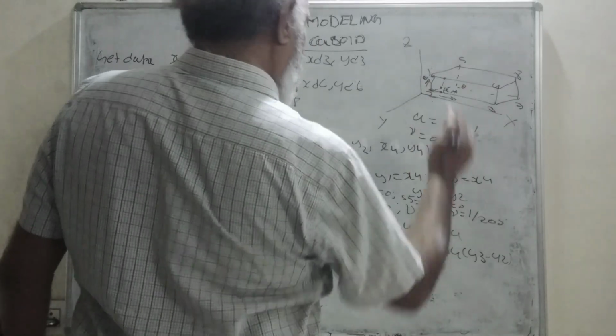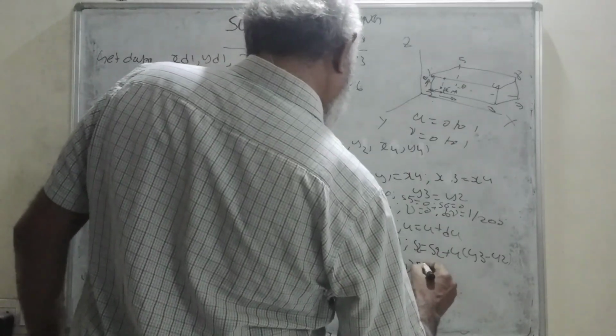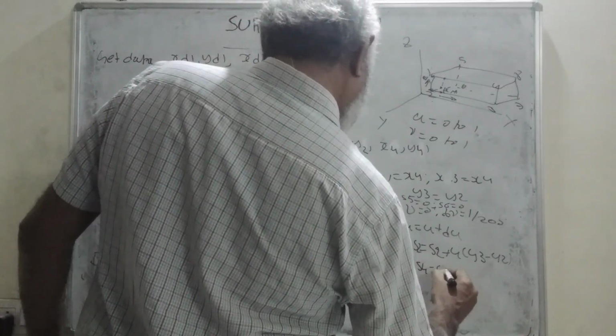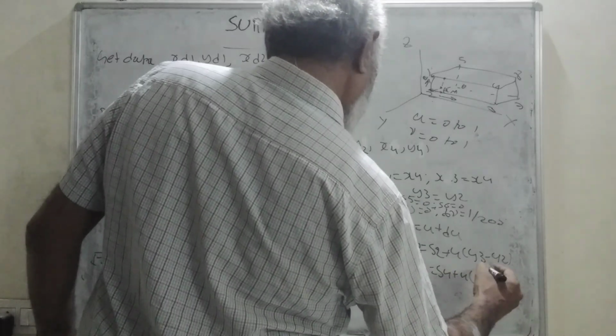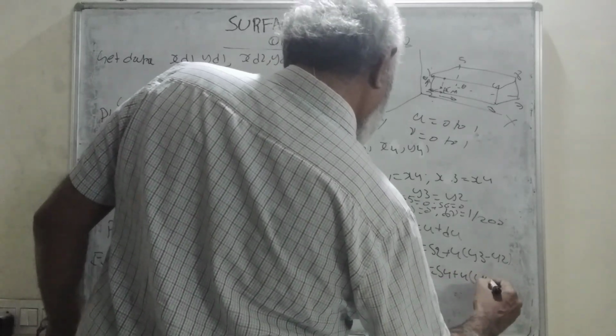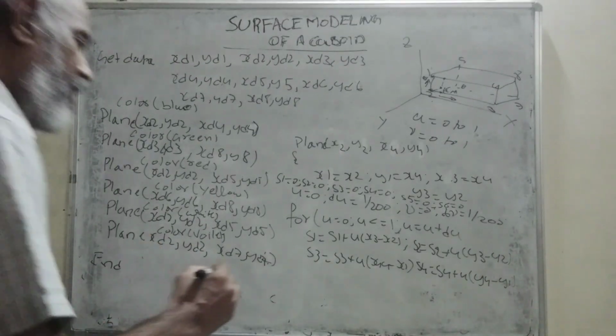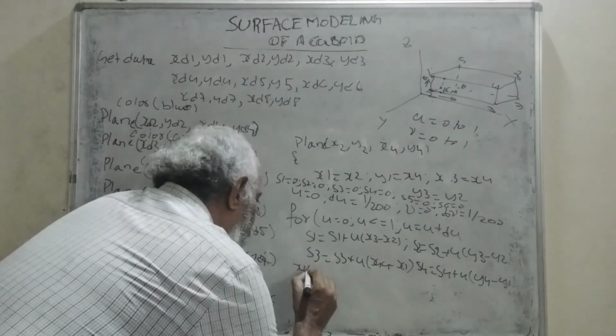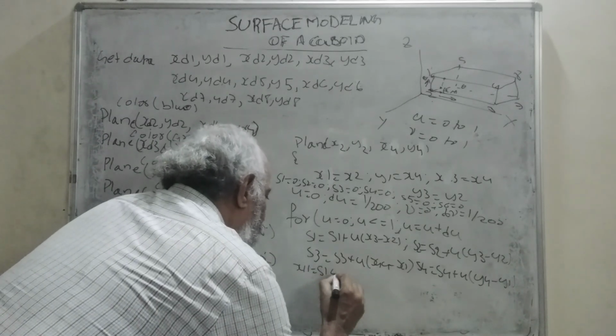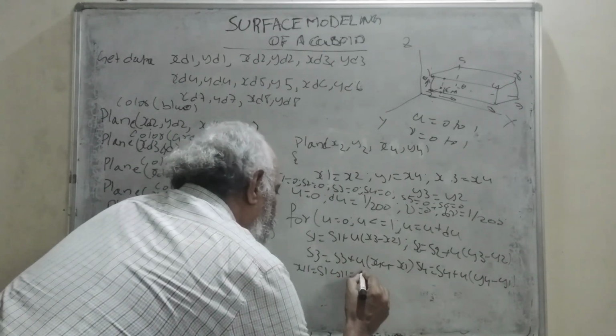Between these 2 points, one point I am trying to find. Thus S4 is equal to S4 plus u into y4 minus y1. So here you are getting x11 is equal to S1, y11 is equal to S2,